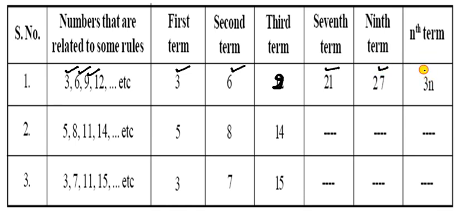So the nth term is called 3n. So you have to write in the variable form. Now come to this line. The first number given is 5, so the first term is 5. And the second number is 8, so it is the second term, so that is right here, 8. But the third number is 11, but it is written here 14. So you can write here it is 11, not 14.